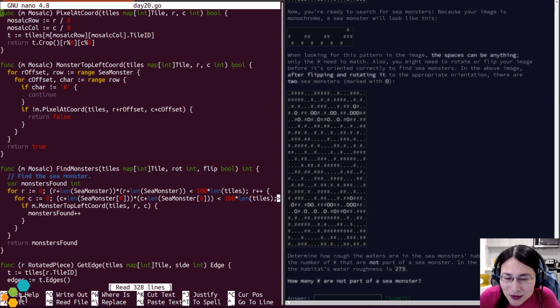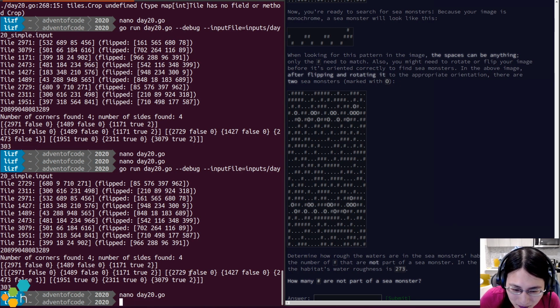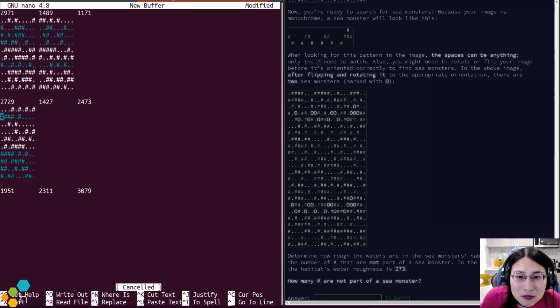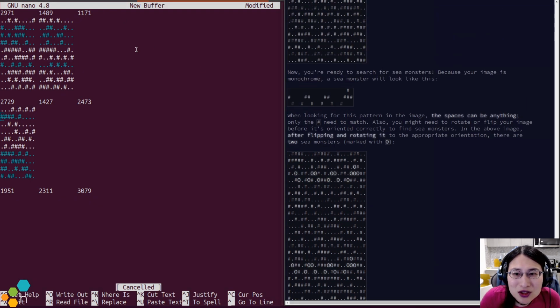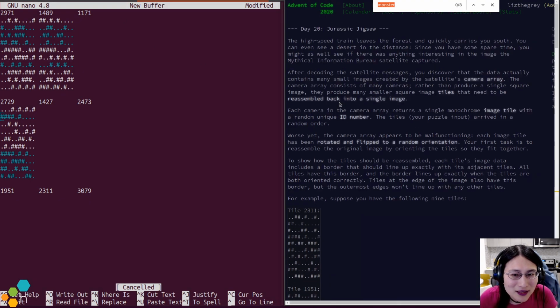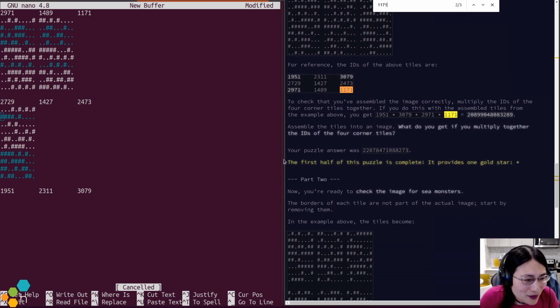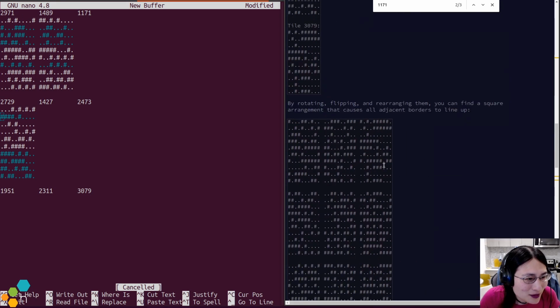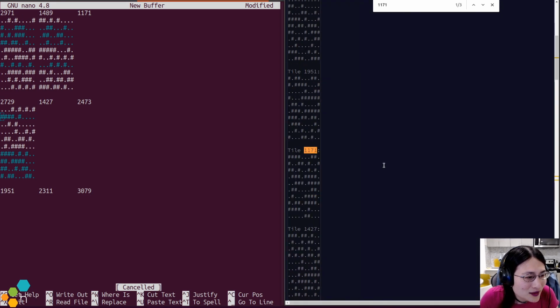So we should be able to find 1171 was flipped, it claims. Let's check 1171 to see whether I believe that. Let's make sure that this is correct to begin with. So 1171 is this tile.